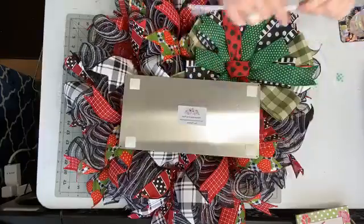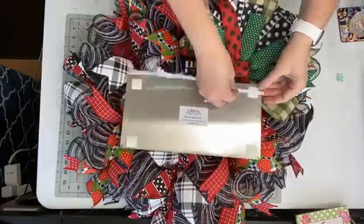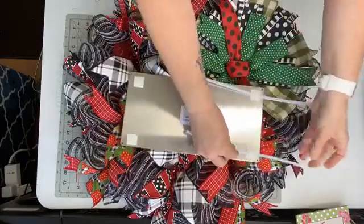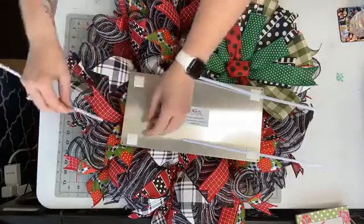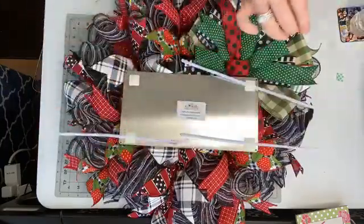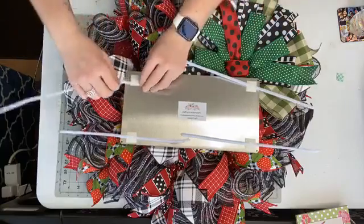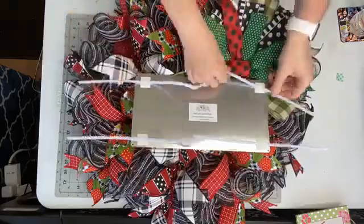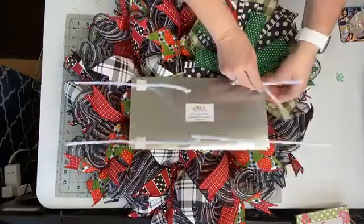And then I think I'm just going to put them in this way. And I'm not going to cut it, I'm going to leave it the way it is. I'd rather it be longer than short because you can't take it back once you've cut it. Okay. Let's see. So now,